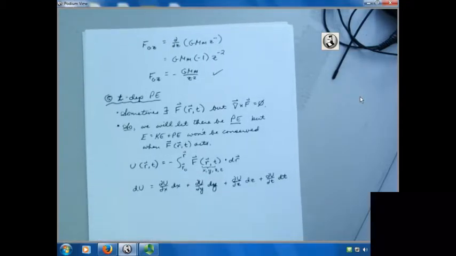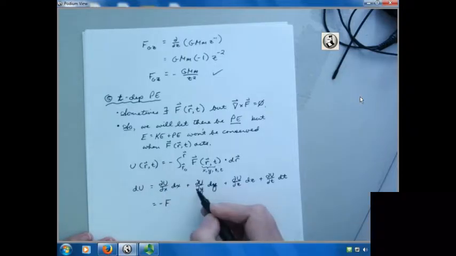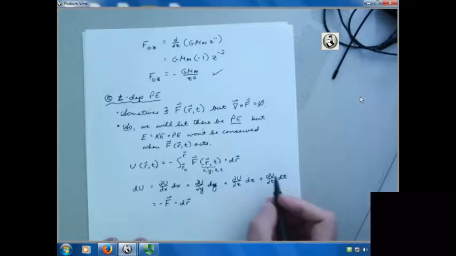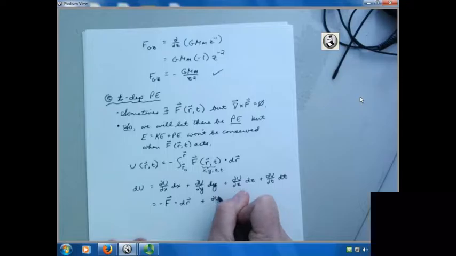And when I look at that expression, I say, oh, okay, well that's fine, because whenever I see this negative partial with respect to x, I know that's the negative of the conservative force I'm analyzing, which in this case is F. So in that case, I have minus Fx dx, plus a negative Fy dy, plus a negative Fz dz, and I recognize that that is negative F dot dr. And then I still have this term out here, so plus partial of u with respect to time times dt.